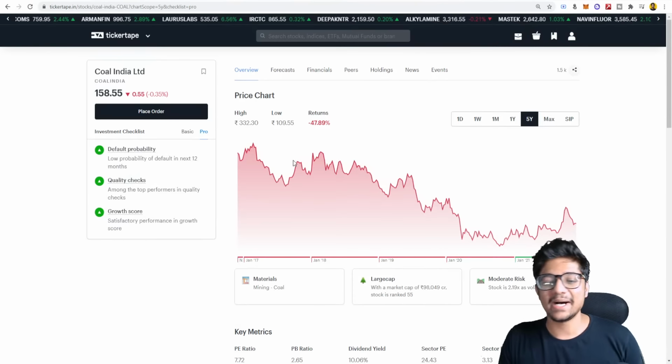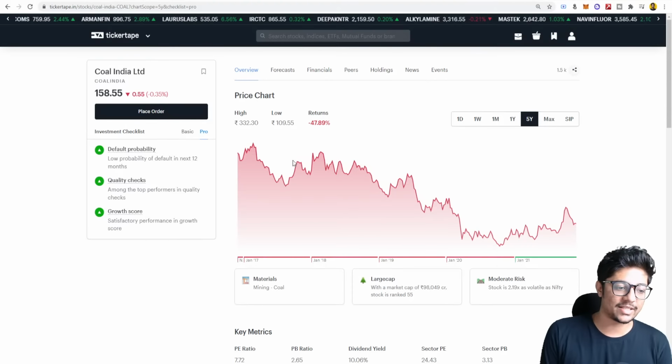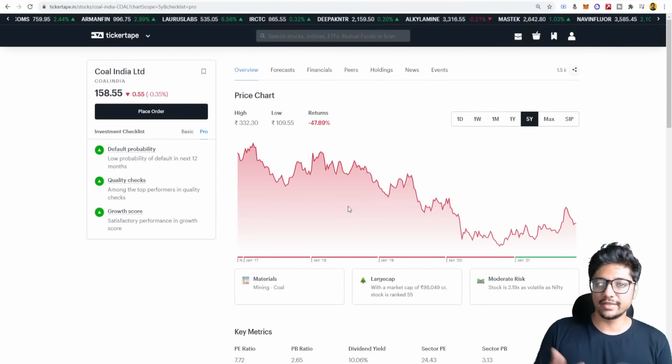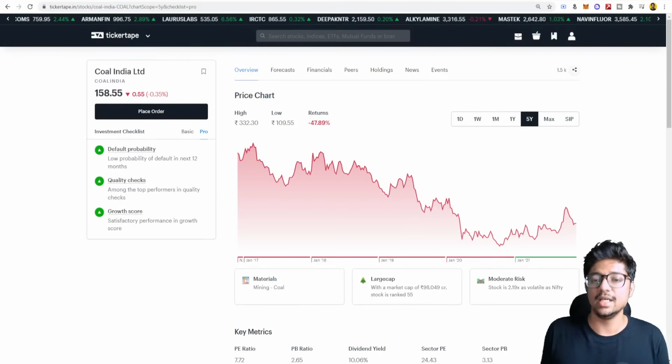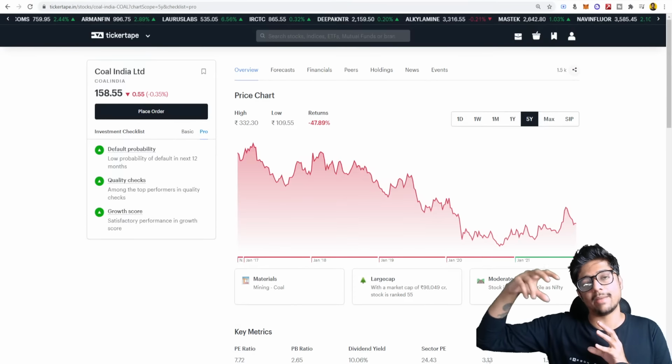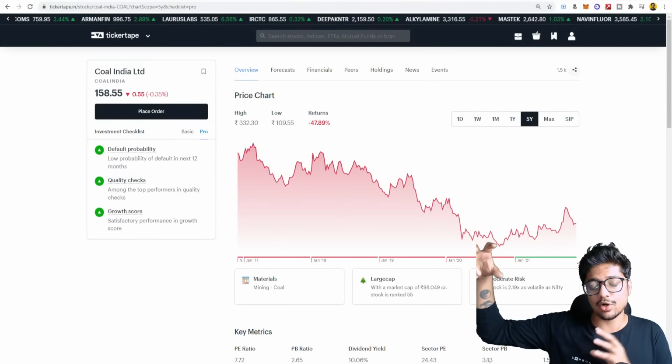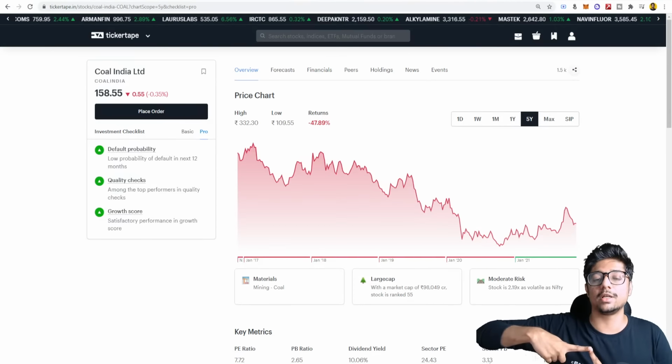But again, guys, I hope you understood what dividend investing strategy is, what is dividend payout ratio, what is dividend yield. These are the few things that you need to understand when you're investing in dividend paying stocks. Ideally, if you want a very big corpus for passive investing, then you need to invest a high amount for it, because not only will you get your capital appreciation if you invest in good stocks, but you will also get nice dividends coming into your bank account, right?